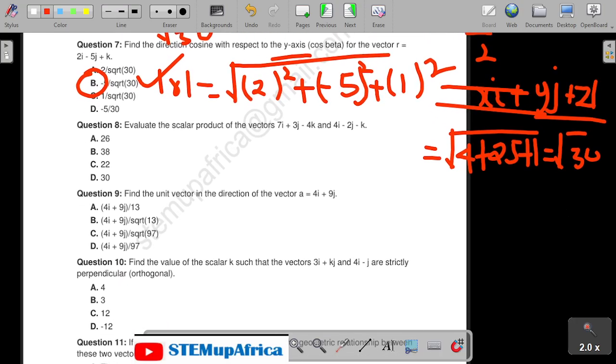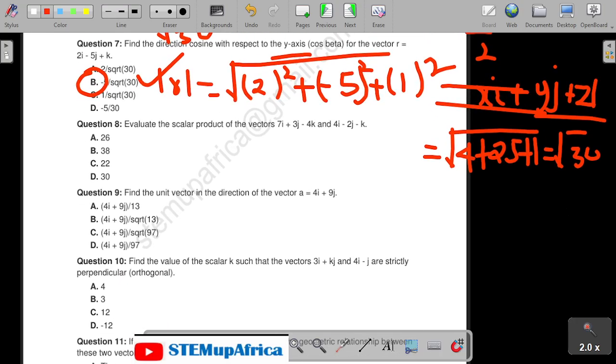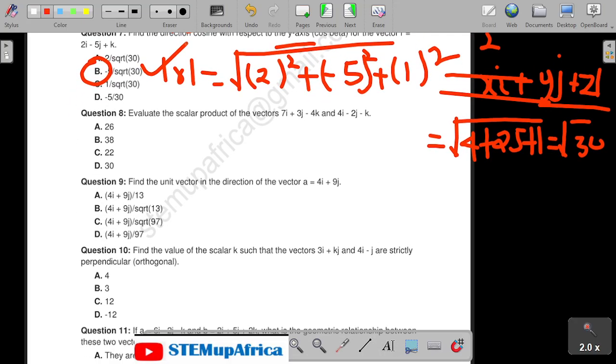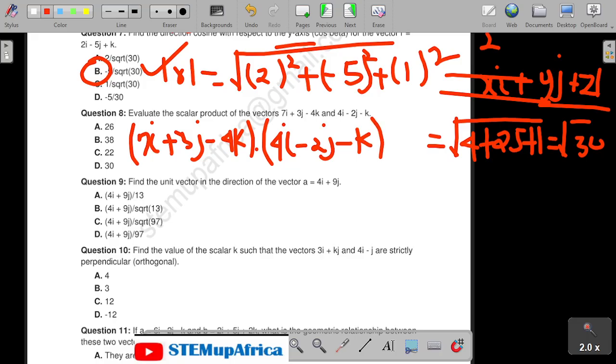Then number 8. Say evaluate the scalar product, which is also called the dot product. We've done something similar earlier. So I'm going to have 7i plus 3j minus 4k dot 4i minus 2j minus k. So in similar manner, I to I, j to j, k to k. So 7i times 4i, that will give us 28. 3j times minus 2j, that is minus 6, minus 4k times minus k, that is plus 4. So the answer will give us